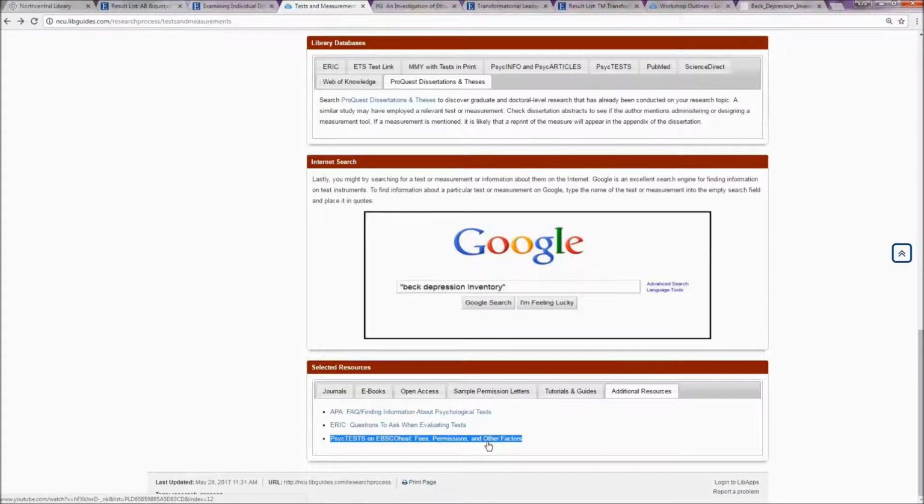So at this point, I've covered most of the information on the outline. It looks like we have explored all the different resources available in the library. There's a lot more resources that you can explore by coming back here to the selected resources, journals, and ebooks, and open access. Please let me know if you have any other